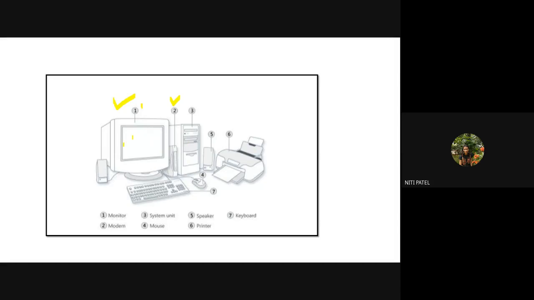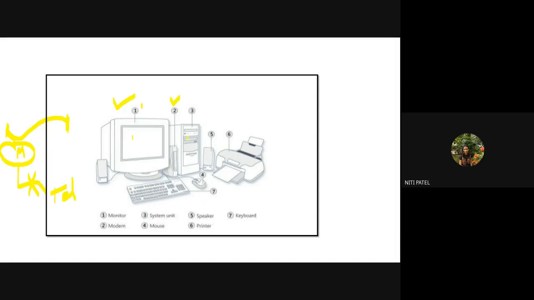So one end of a wire is connected to the computer. The other end of the wire will be connected to the modem. Okay, this is a modem. One end of the modem will be connected to your telephone line. So this is how you were getting internet. Since your telephone line was connected to the modem, as soon as a telephone call came, this connection used to break. Since this connection used to break, you could not get connectivity on the system. So this was a modem.